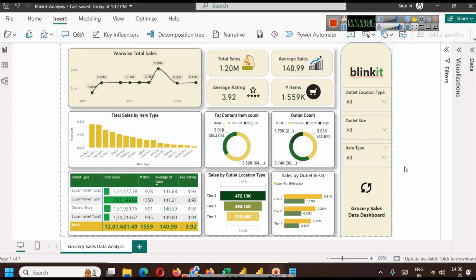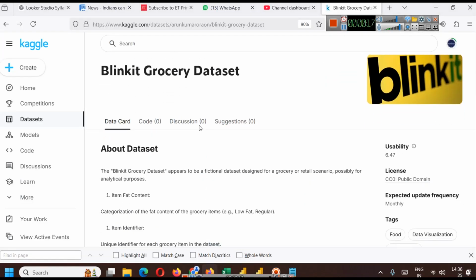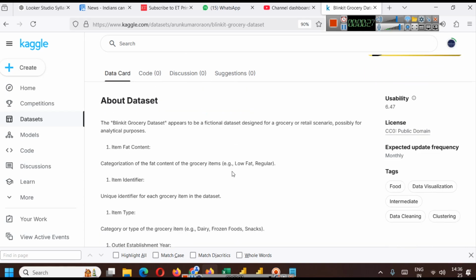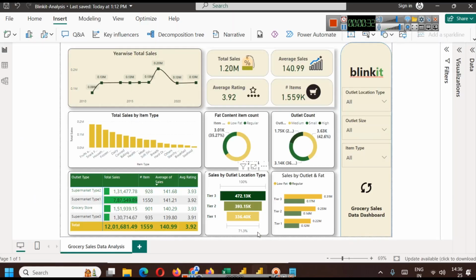And in this part, we will learn about creating a dashboard like this, which is Blinkit grocery sales data. As per the data source, the Blinkit grocery sales data set appears to be a fictional data set designed for grocery or retail scenarios, possibly for analysis and educational purposes. So we have taken the data set from Kaggle, and with the help of the data set we have tried to create a report like this, and the purpose is to teach students how to create something like this, which has